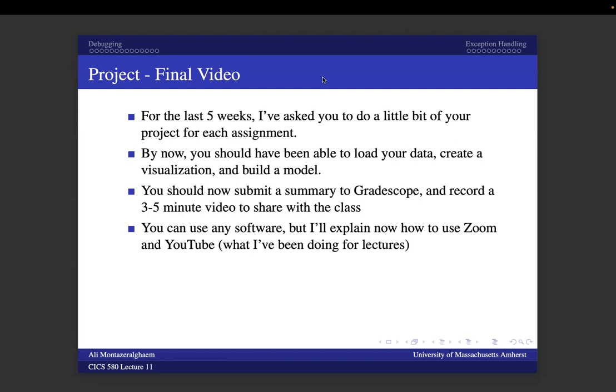You can set it to be public, or private if you are not comfortable sharing it publicly. And for recording the video, you can use any tools or software that you want. But I will explain how we can do that